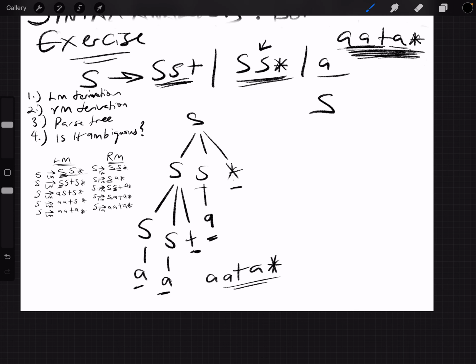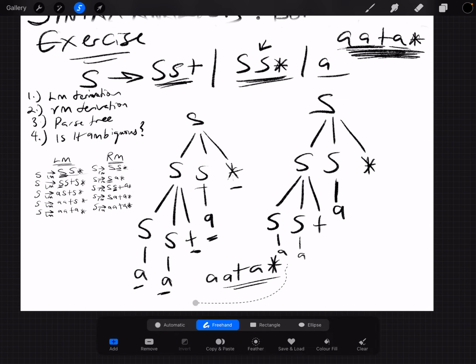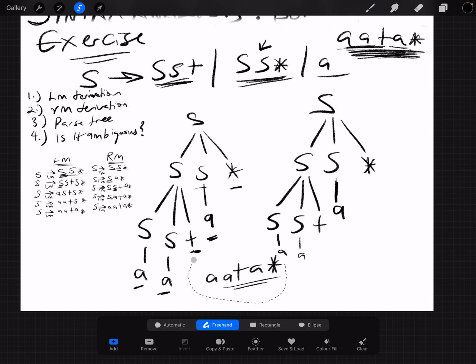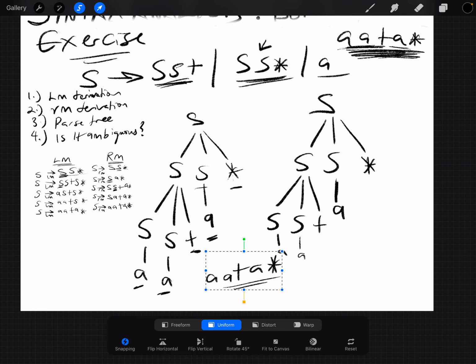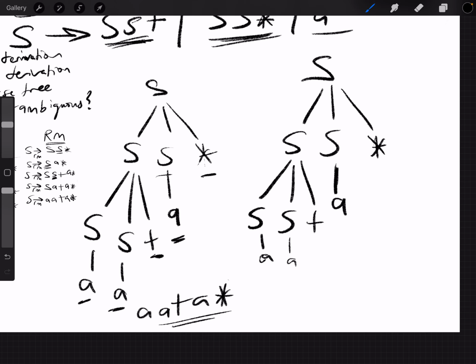How do we do that again? We have S derives SS star, and then we had this S derive A, but then we also had this S derive S plus, and then this derived A and A. Let's separate this guy from the rest. Sorry, let me move you closer. Okay, so we see A,